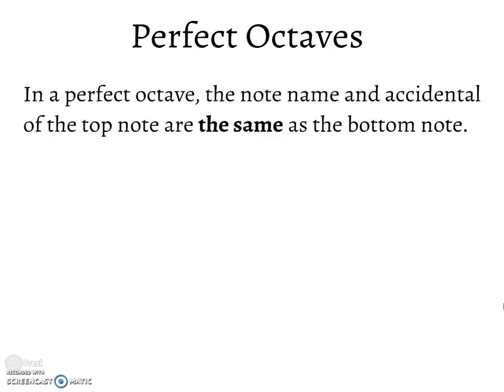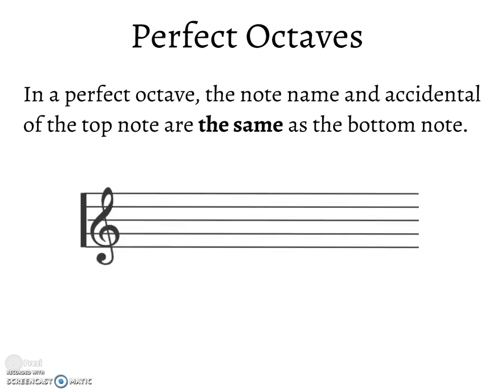In a perfect octave, the note name and accidental of the top note are the same as the bottom note. So bottom note and top note are the same. Here we have on the bottom F sharp, on the top F sharp. Here are some D flats, A's,